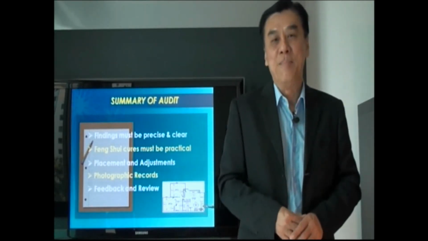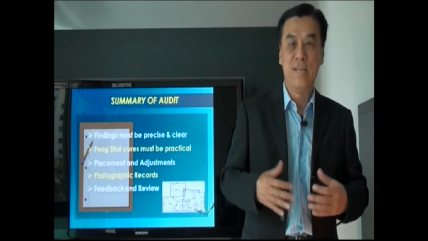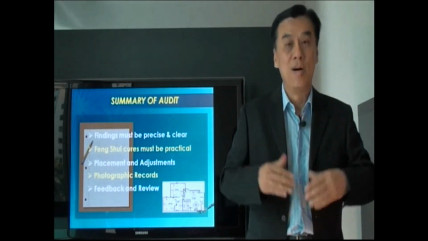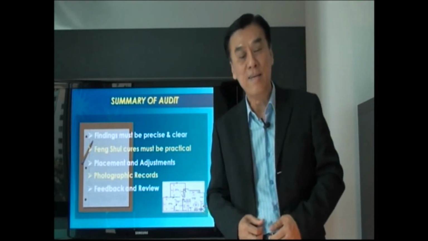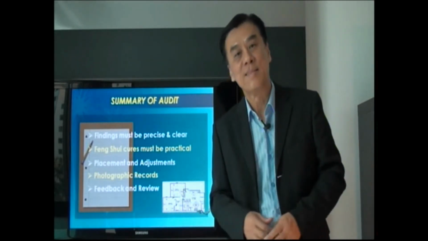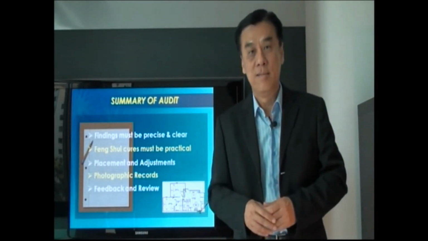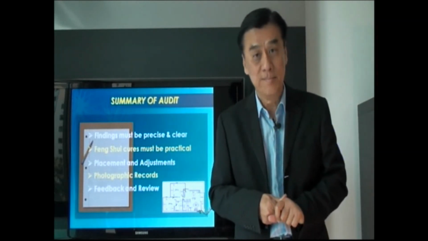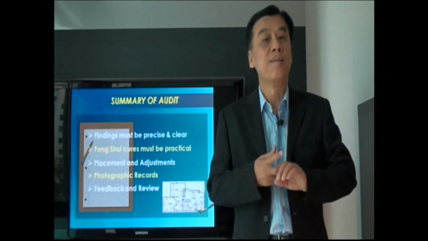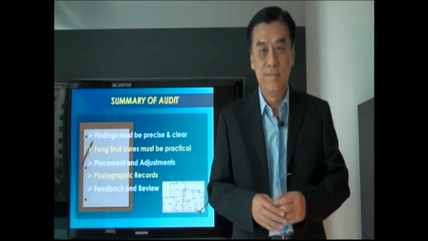So, to summarize, when you carry out a Feng Shui audit, first of all, check your tools. Be familiar with the location. On your arrival, try to be early, walk around, take note of the external environment, the buildings, the roads, virtual water, virtual mountain. Also observe the vegetation. Next, take the reading of the house, take the reading of the doors,